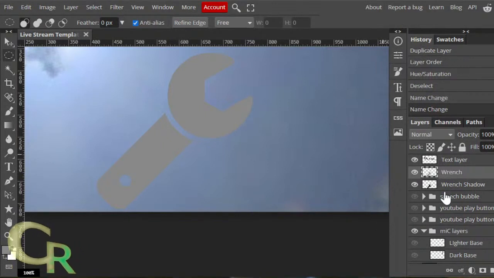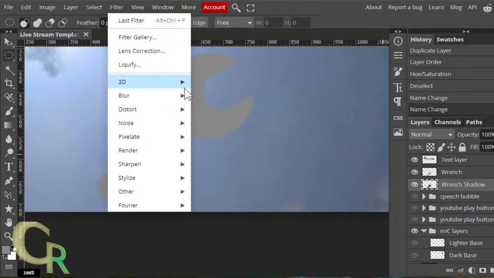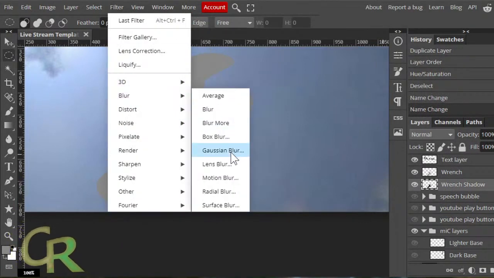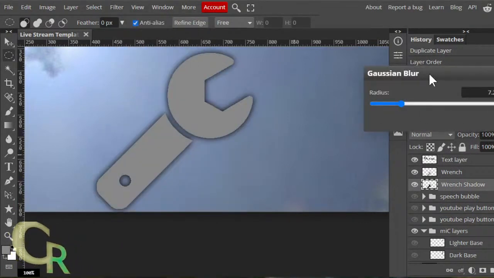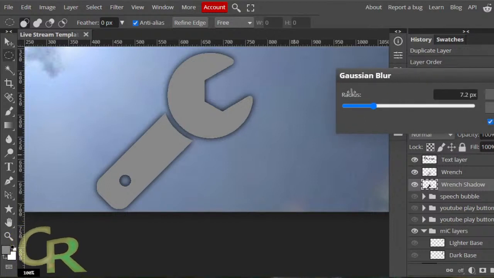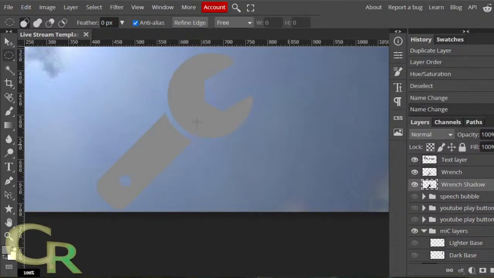As I do it, I'll probably change the name, so like wrench shadow again. Go to filter. I'll use Gaussian blur for this one. That's something like this. Now, one thing I want is to separate these two, which I should have done in the first place.